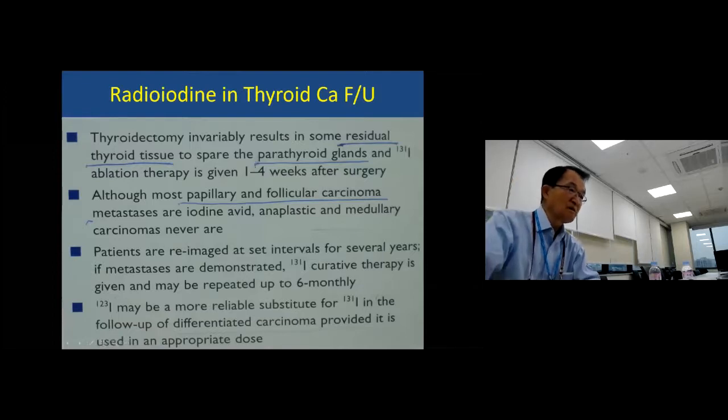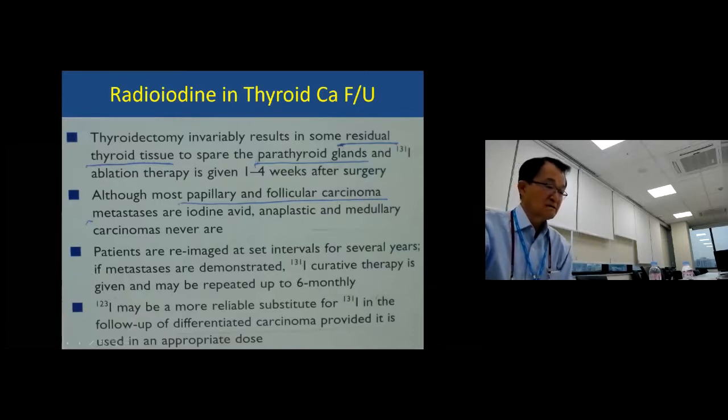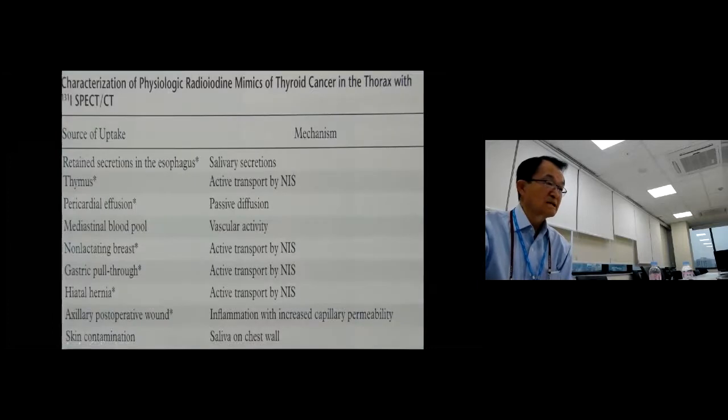Okay, for follow-up of thyroid cancer, iodine 131 therapy was given to ablate any residual thyroid tissue. But that's only for papillary and follicular, not the anaplastic or medullary. So the image again for follow-up, and the complication, well, certain false positives you may think,